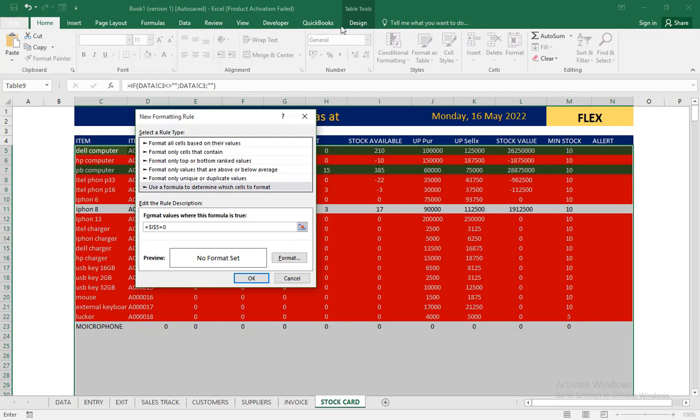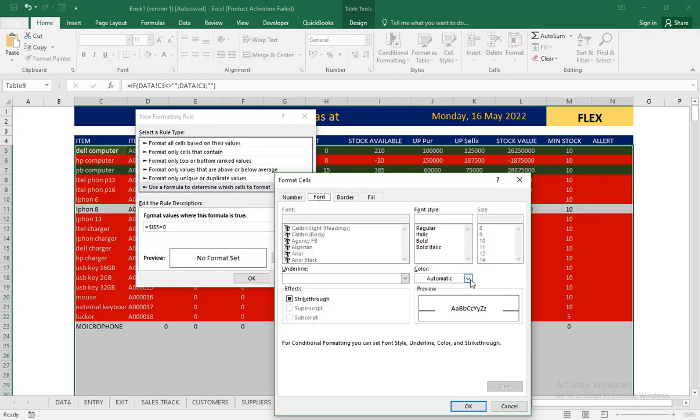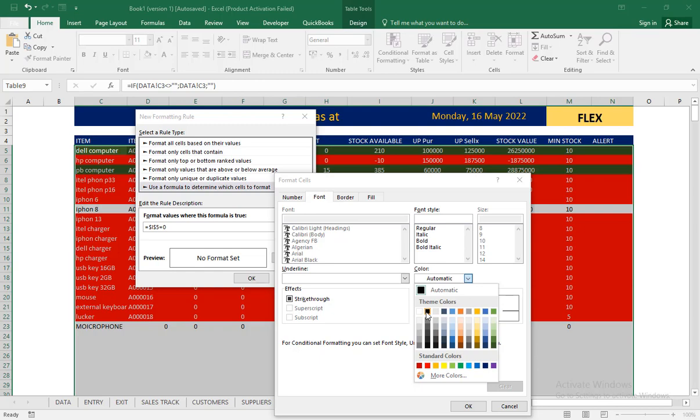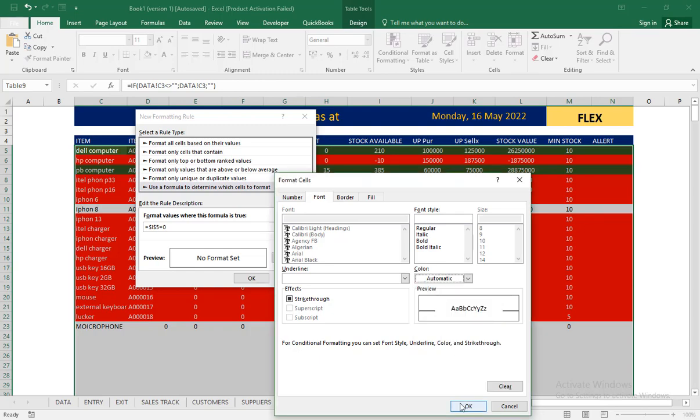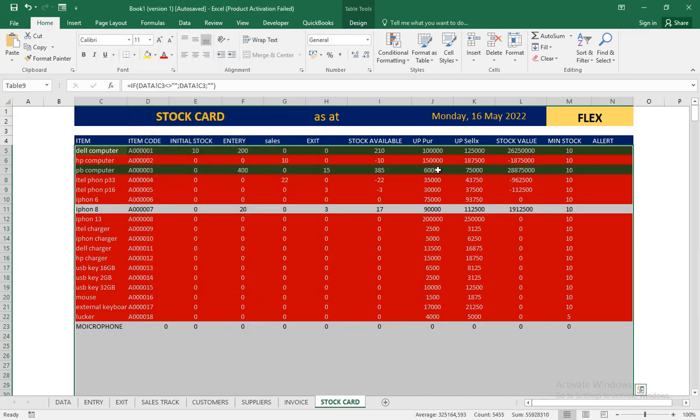So if it's equal to 0, I would like the formatting to be kind of this color, though it is less than the minimum stock, but I would like it to just be normal. So I'm just going to give a font color to be completely black. Okay, so I take OK,